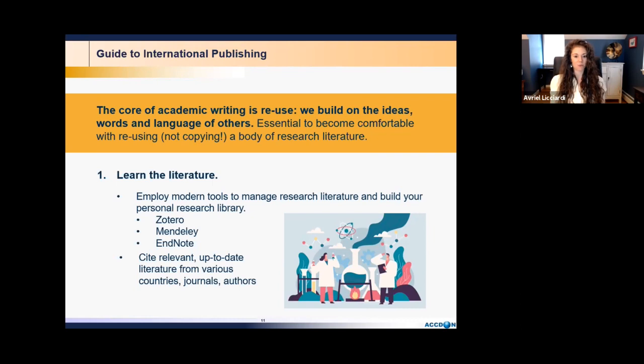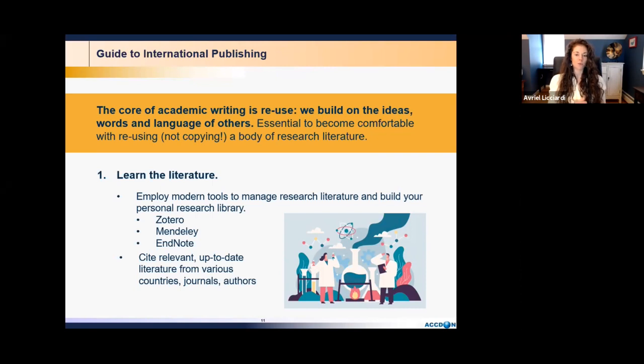And one thing that I strongly suggest you do is that you employ many of these modern tools that are around us to help manage that research literature that you are getting familiar with, and specifically build a personal research library, an easy way for you to go back, reference certain papers, know the authors, be able to sort them easily for you, because there is so much literature out there that it can definitely be daunting. And I have 3 listed options there for you to explore on your own and get familiar with.